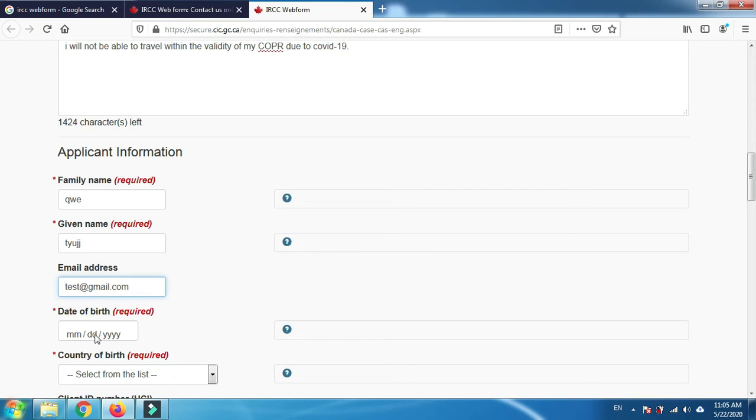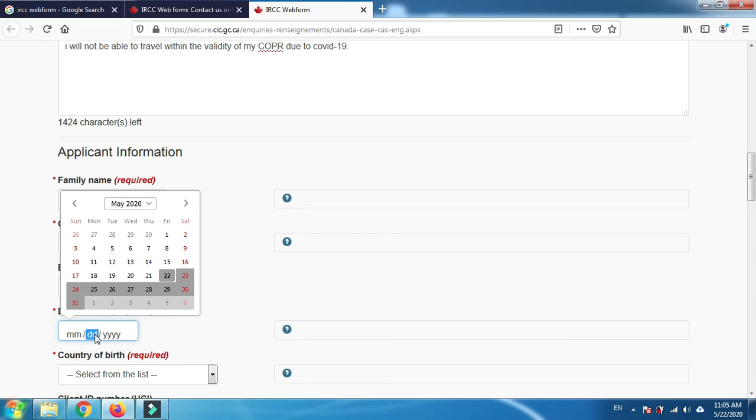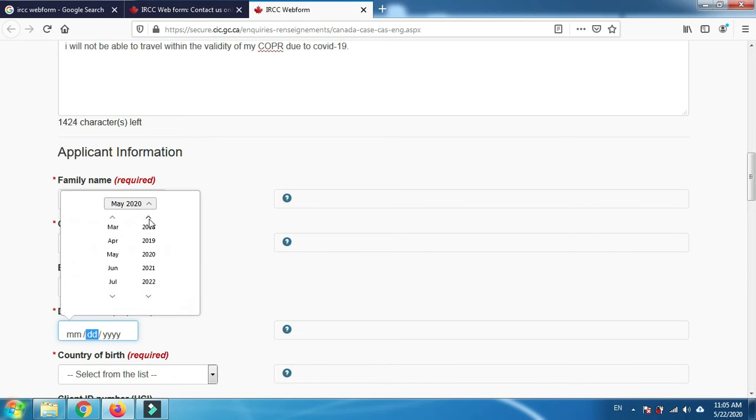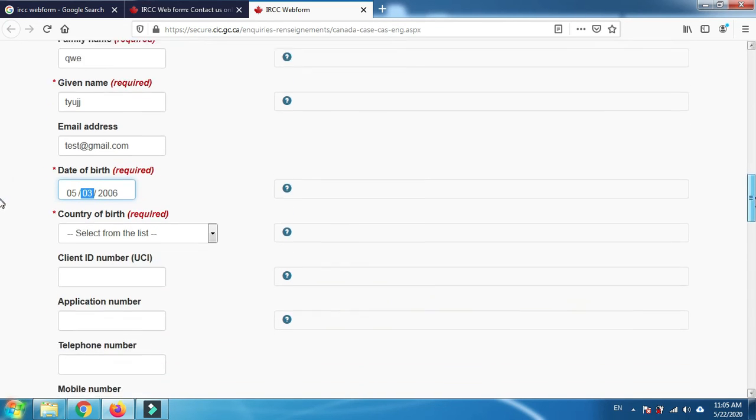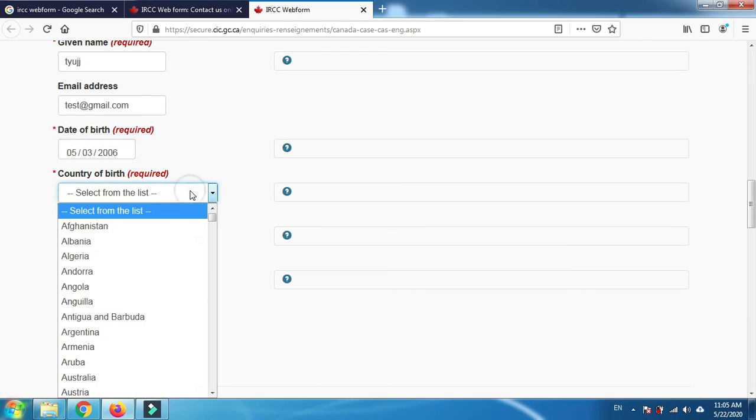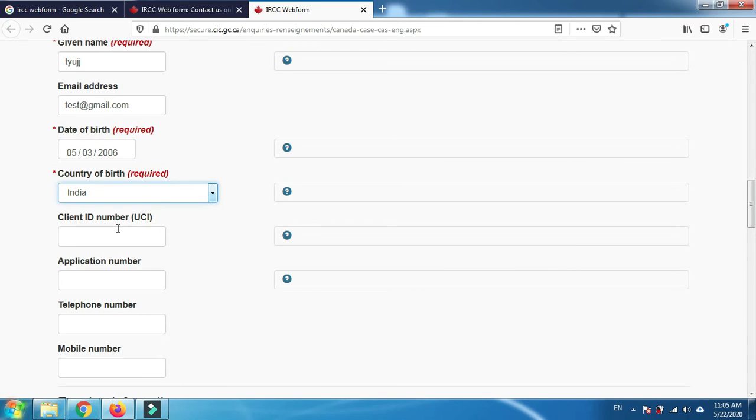Here date of birth is in MM/DD/YYYY format, so make sure that you do not forget that. So let me select any date of birth. Let's say this is 2006, month May, and let's say 3, so 3 May 2006, right? Country of birth, let me select, let's say India, and let's say UCI number. So let's say I will write the UCI number. Let's say E12